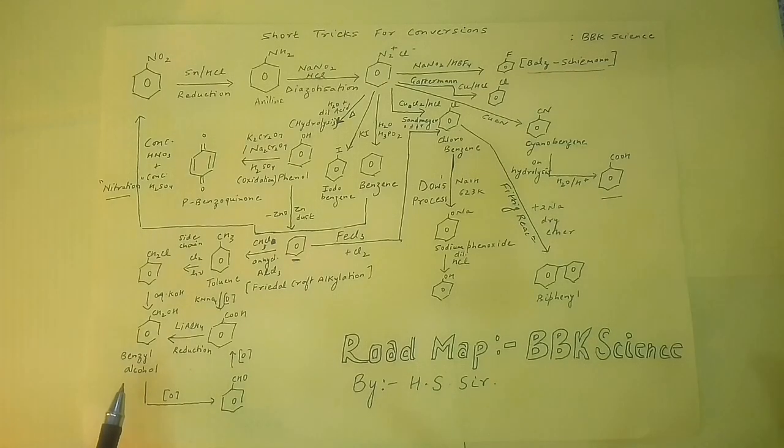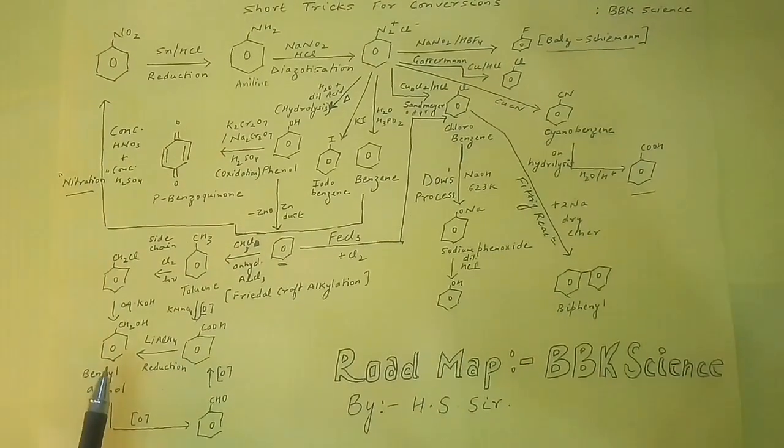And a very important step now, if I have to convert this benzyl alcohol into benzaldehyde, see, oxidation is going to take place when I have to convert any alcohol into aldehyde. So the very simplest step is, by undergoing oxidation we can convert alcohol into aldehyde, and again on oxidation I can convert this aldehyde into carboxylic acid. For example, benzyl alcohol is there, on oxidation of it would yield us aldehyde, and on oxidation of aldehyde what we will get is carboxylic acid.